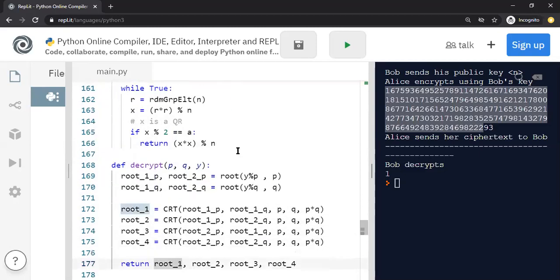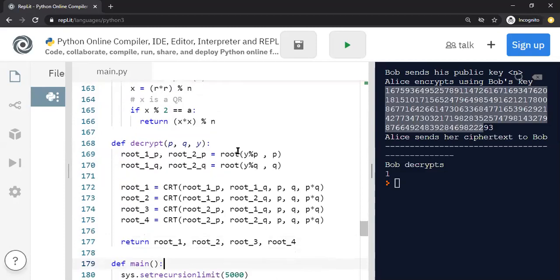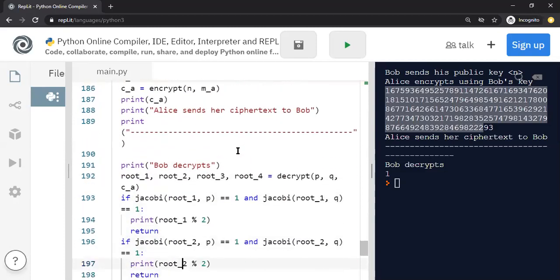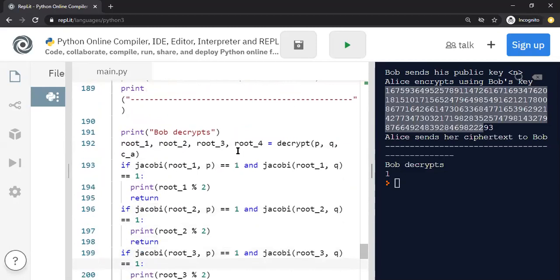And then the decryption process is exactly the same as what we talked about in the earlier segment, right? We take the ciphertext Y and we find the 4 roots. Bob has to compute now the Jacobi symbol of each of the roots, right? And make sure that both mod P and mod Q, the Jacobi is 1, then he knows he got the right square root, and then he takes the least significant bit. That's the reason why you're seeing a %2. So that's basically the core idea of this Rabin